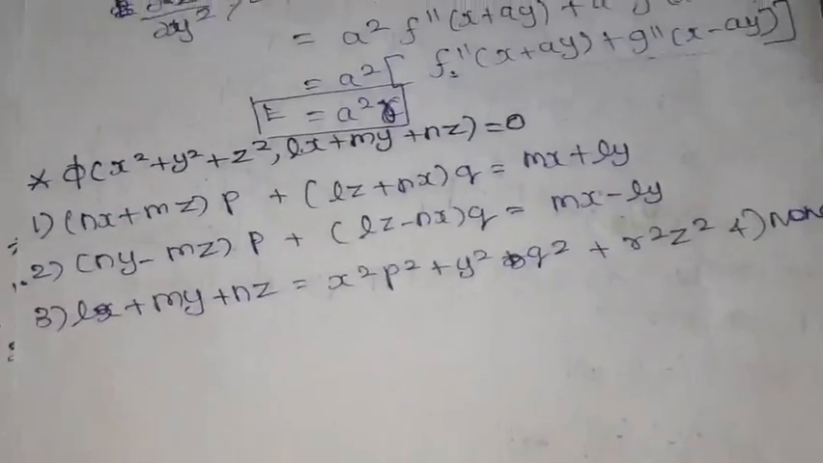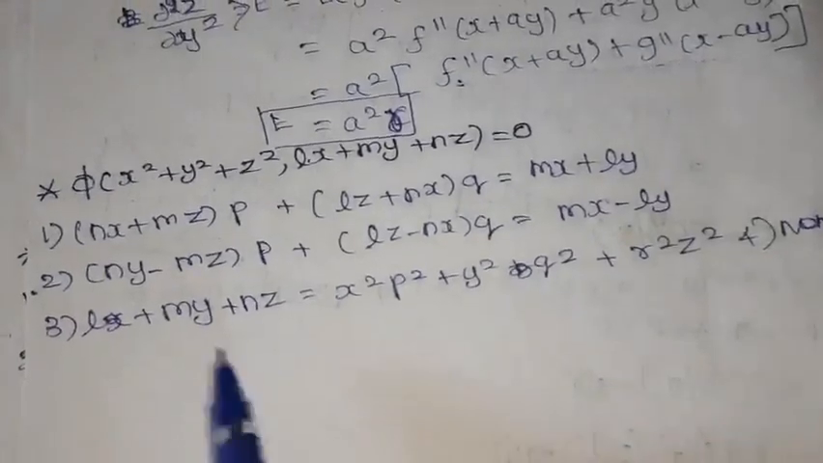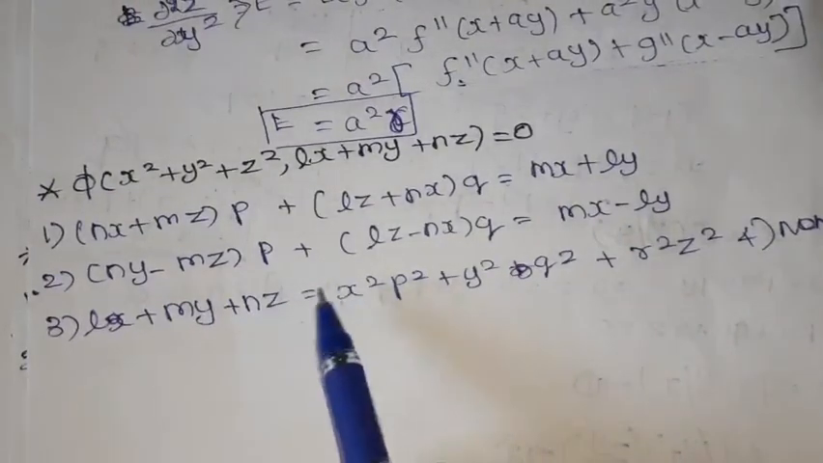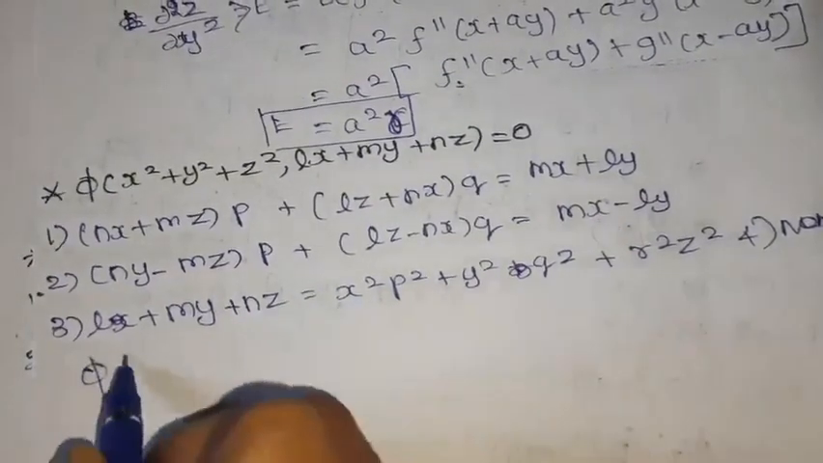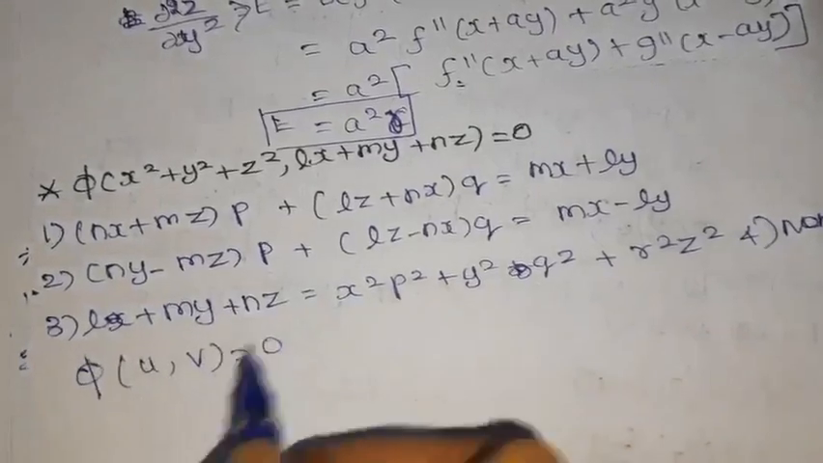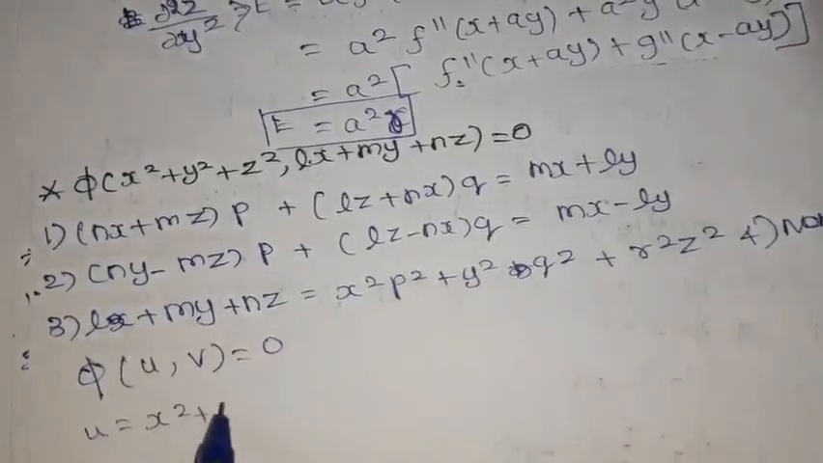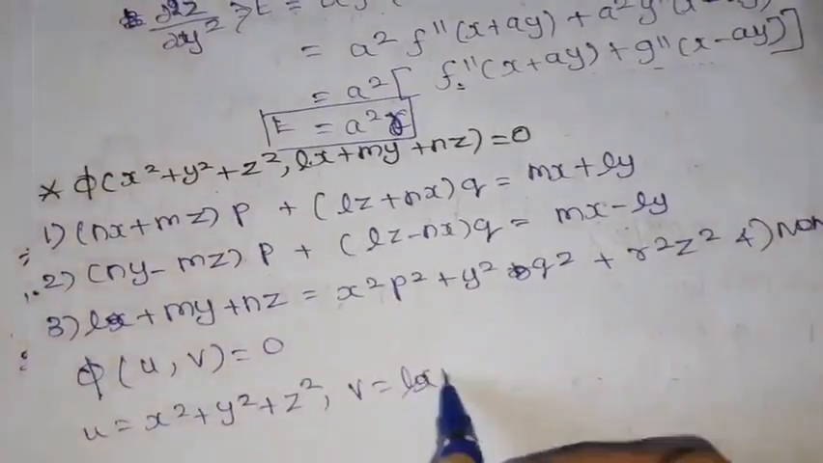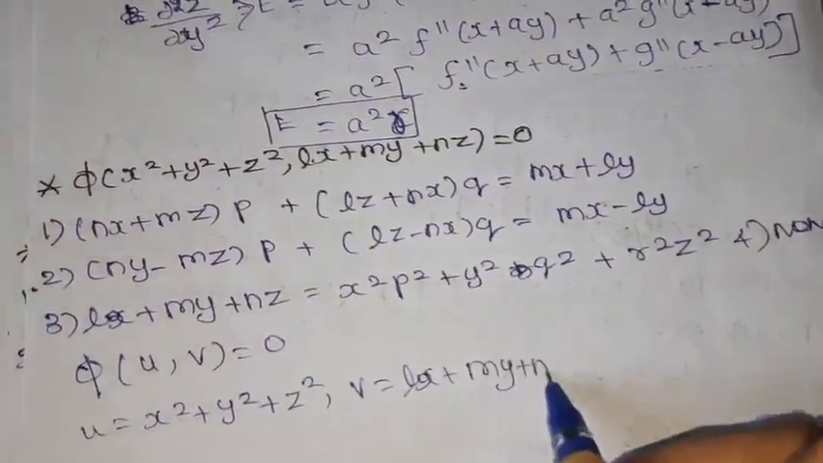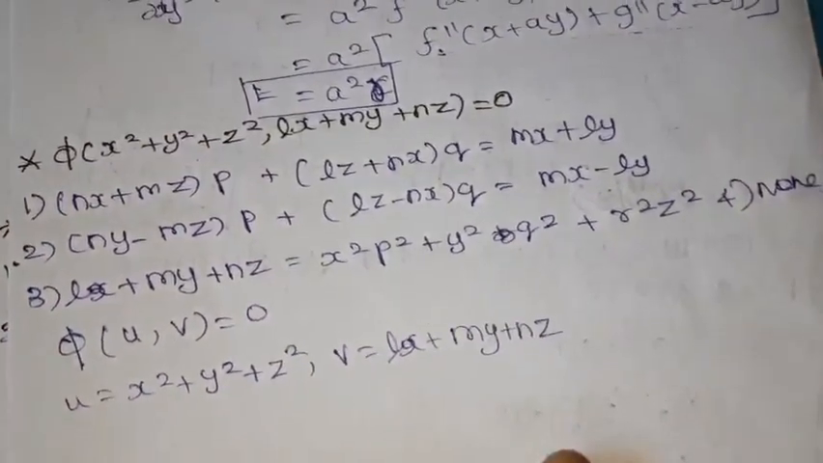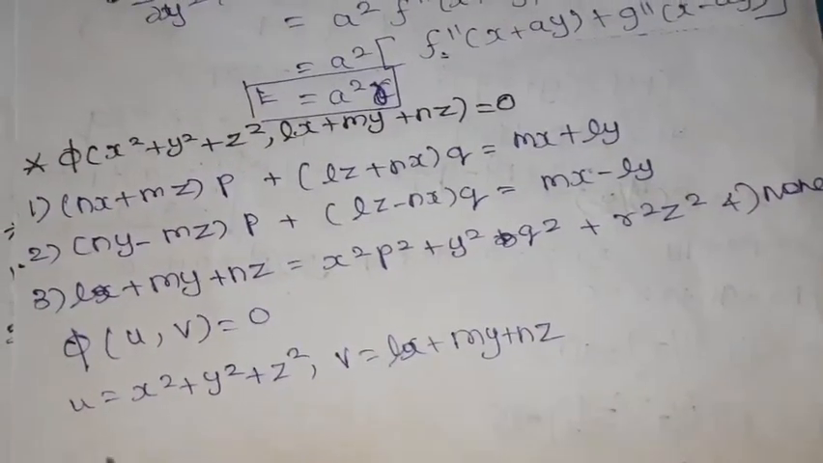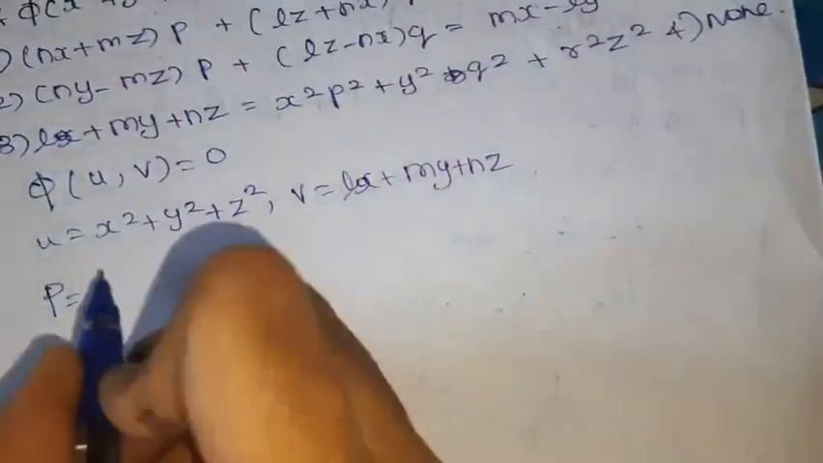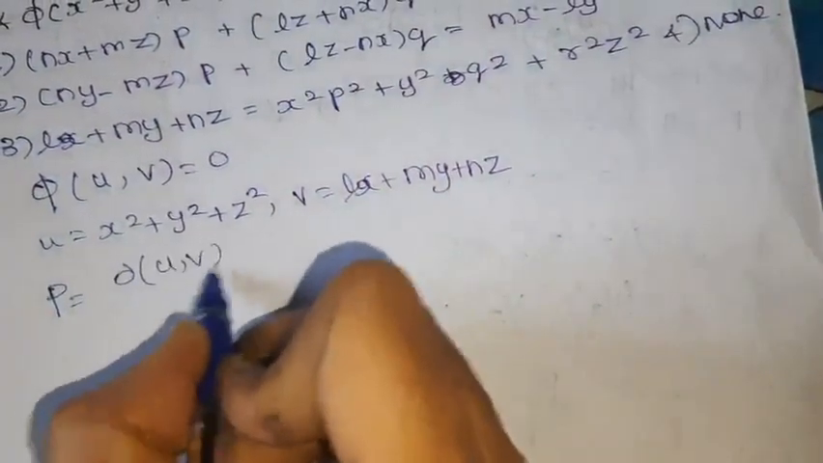What is given? Phi of x squared plus y squared plus z squared, lx plus my plus nz equal to 0. Can we write it as phi of u comma v equal to 0? What is u here? x square plus y square plus z square. What is v? lx plus my plus nz. Okay. What is the p first? Capital P is dou u, dou v divided by dou of